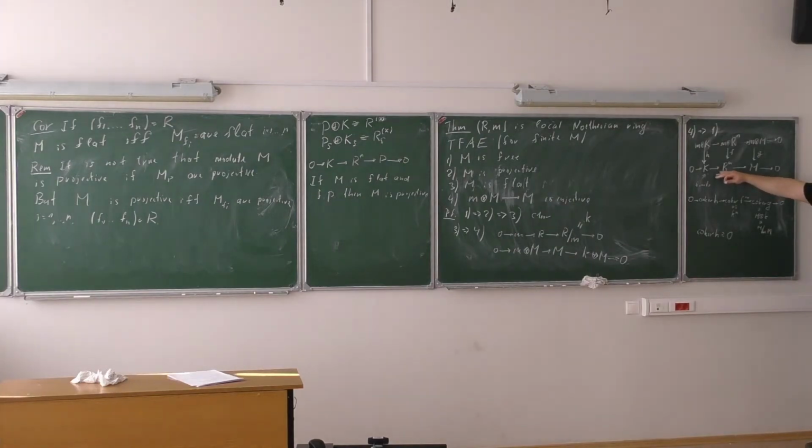This was any set of generators. So in this short exact sequence, I want to use this set of generators, the lifts of some bases in this vector space. So if I consider again what I'm doing here, as vector spaces these two things are exactly the same. They have the same dimension. The map is surjective and they have the same dimension, so this has to be an isomorphism.